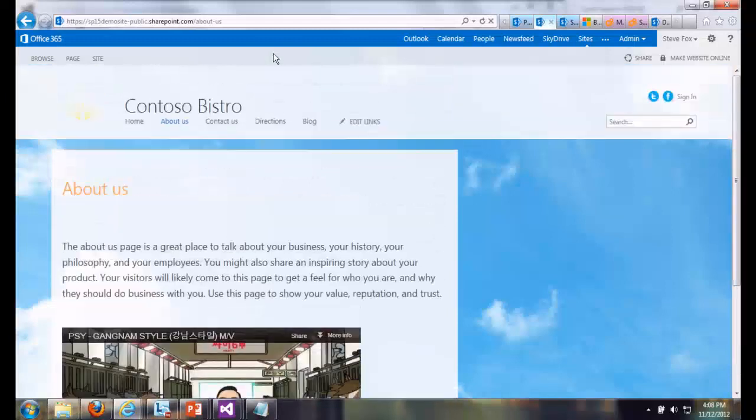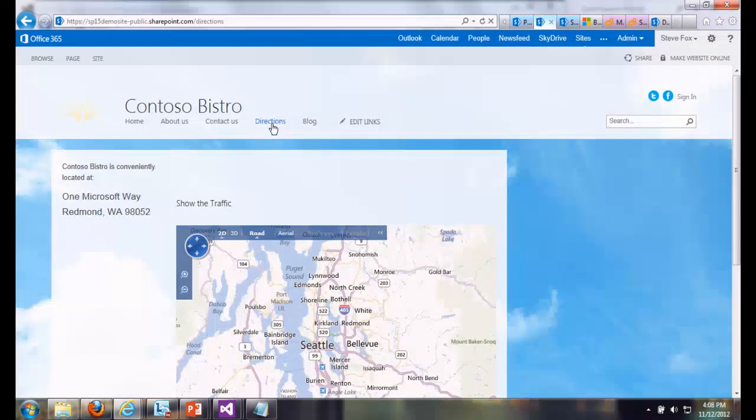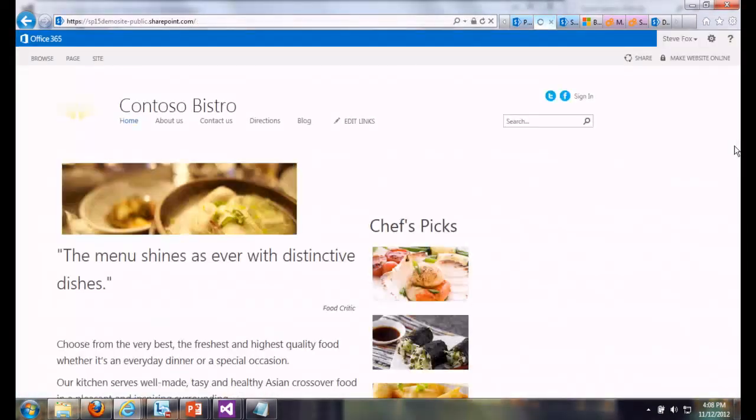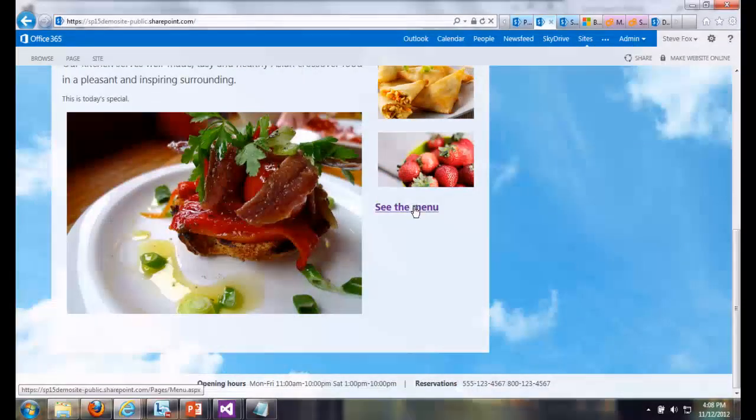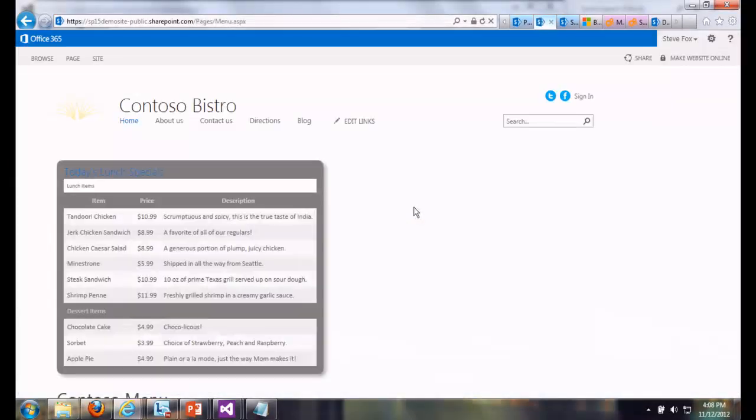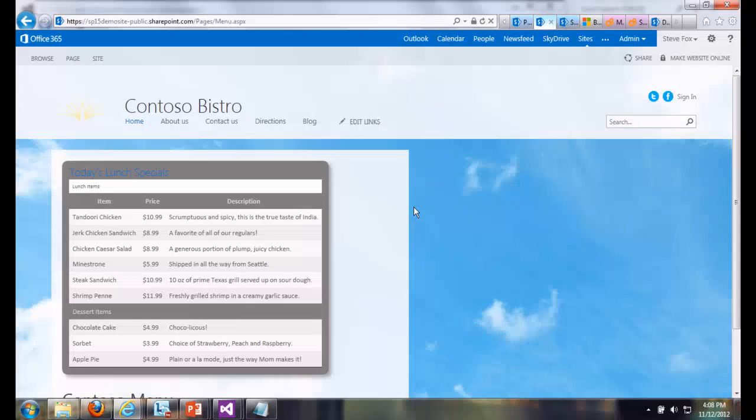C, we can add some directions there by using a mashup that lives outside of SharePoint but can be leveraged in SharePoint. And then finally, we can leverage HTML5 to build in some interactivity, some nice menu here that looks dynamic. And of course, this has CSS and is nice and fancy. So that was the second demo here. We'll jump back to the slides.